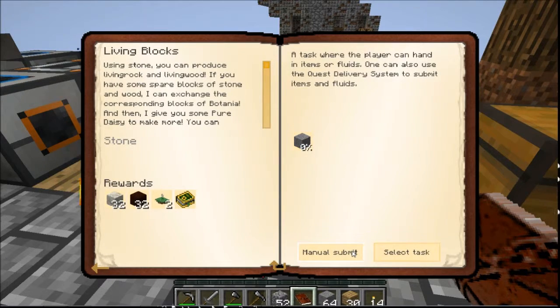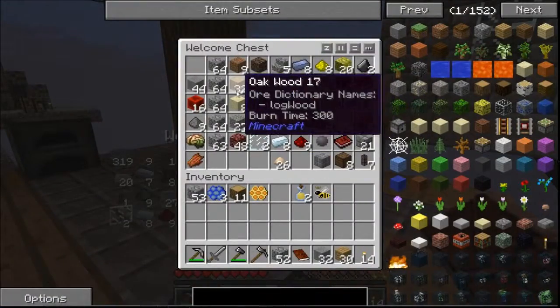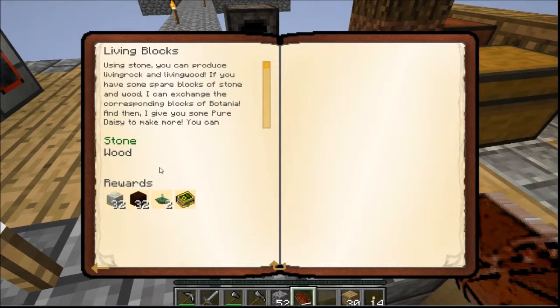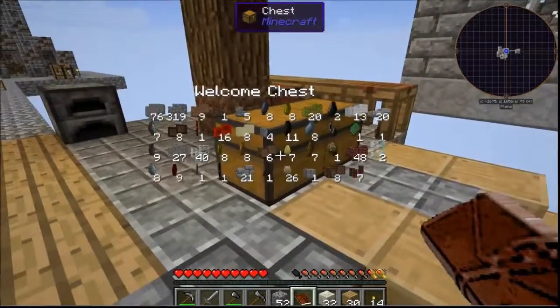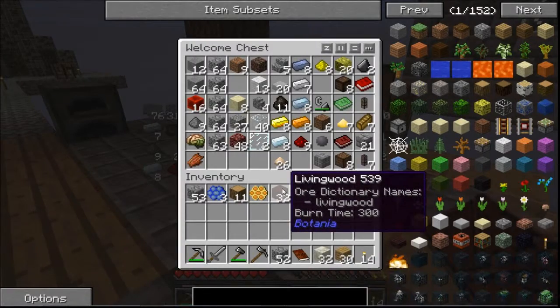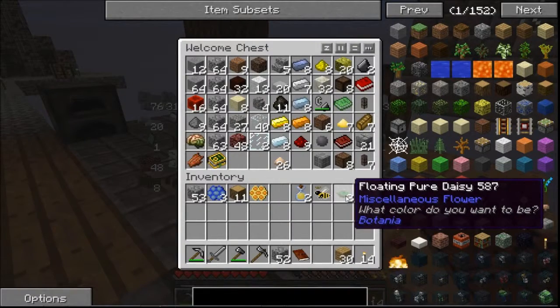Okay, that's just stone. And you want some wood? Really? Oh, well, my god. Perfect. Oh, any old wood. Well, I guess I've only got the one sort of wood anyway, so it doesn't matter. So I've got Lexica Botania, and I've got the floating pure daisy. But all the pure daisy is going to do for me is make more living rock and living wood, which is not super useful right now,